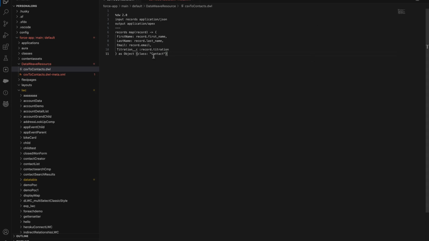So this is my VS Code org right now. You can see in the metadata right now for MuleSoft, we have created one metadata called DataWeave resource, and under DataWeave resource, we have created two files. One is csvToContacts.dwl, this is the format, and another is csvToContacts.dwl-meta.xml, right? In this particular file, I have written a simple DataWeave expression, and I have brought